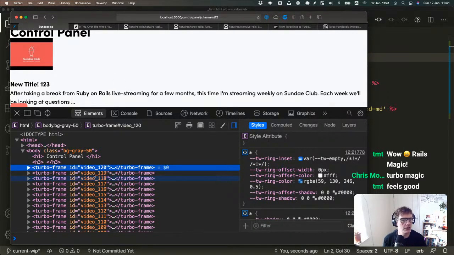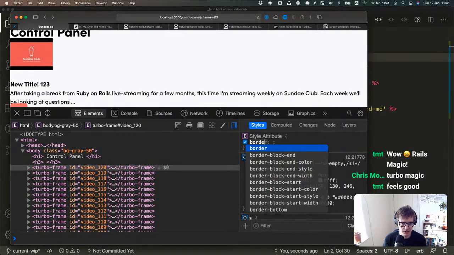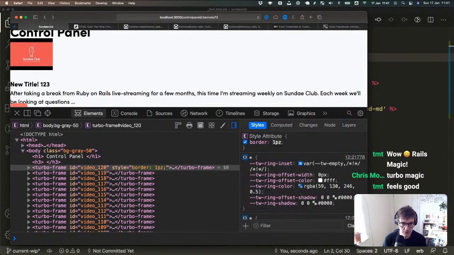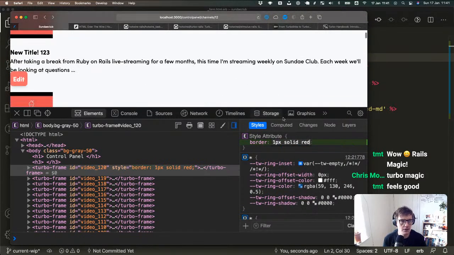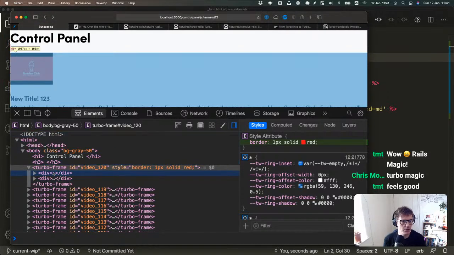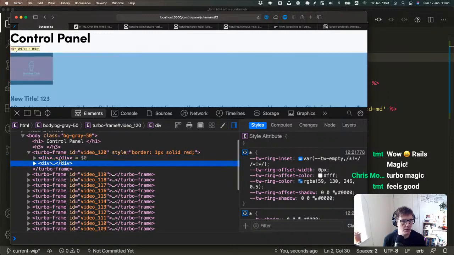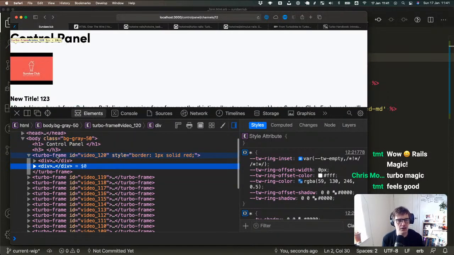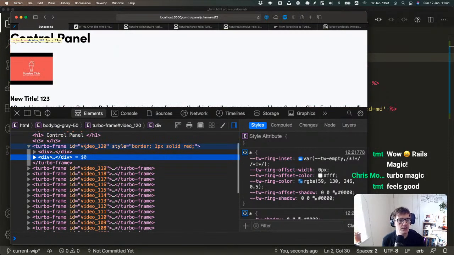If you imagine, can I actually just, do these frames allow us to have... no, you can't actually style them by the looks of things. Okay, well, let's not worry too much about it. Okay, you have to kind of imagine. I can't draw a box around it very easily, but